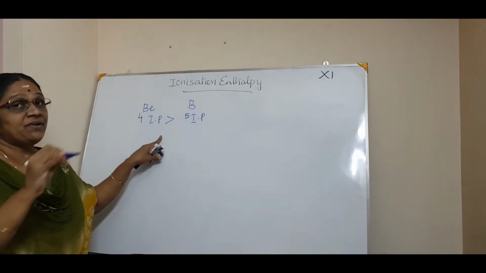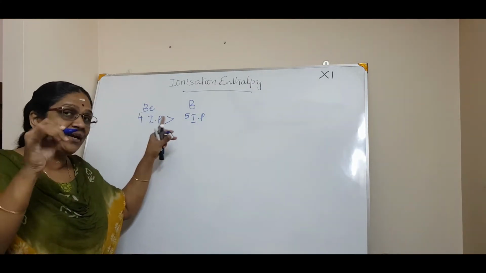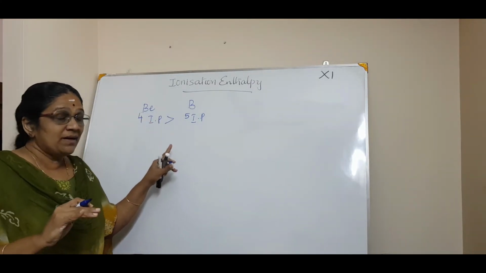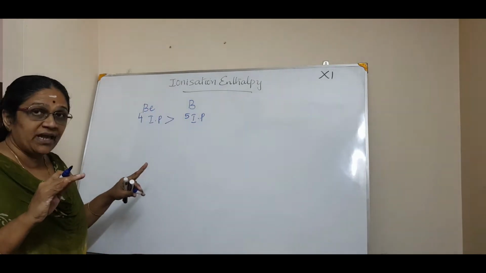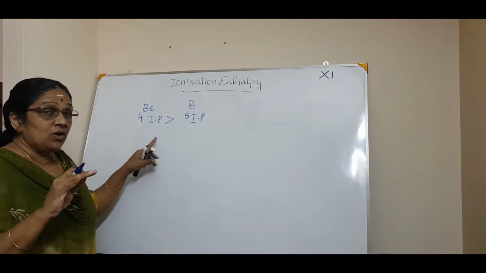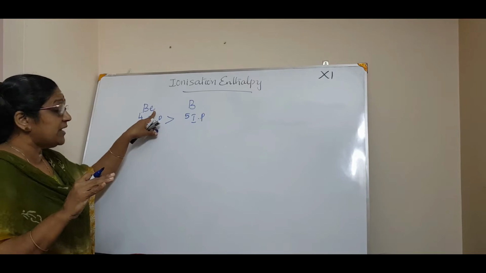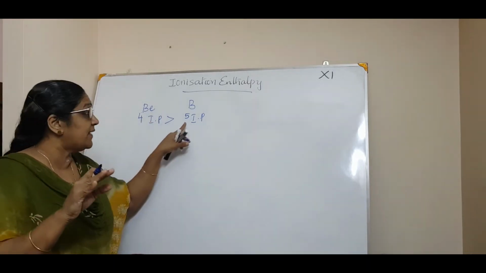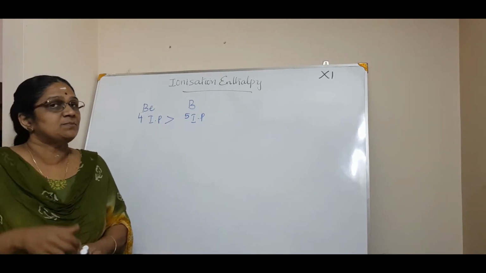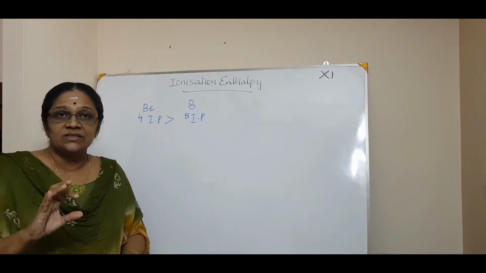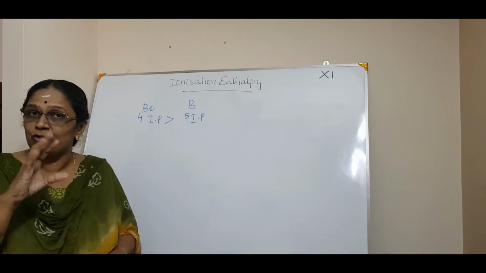According to us, a general rule, we say that the IP increases when going from left to right in a period. That's a general rule. But there are exceptions. That means in the case of beryllium and boron, if you take these two as examples, it is found that the ionization enthalpy or the potential of beryllium is more than that of boron. So if questions like this come, first what you have to do is write the electronic configuration, that is the SPDF notation.